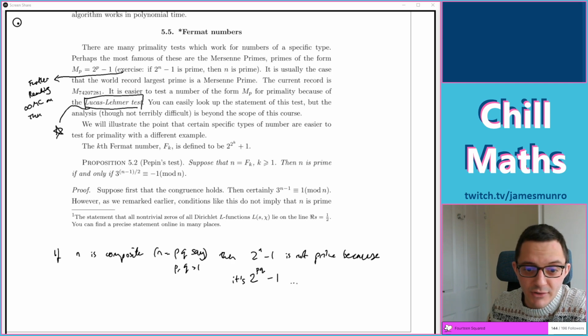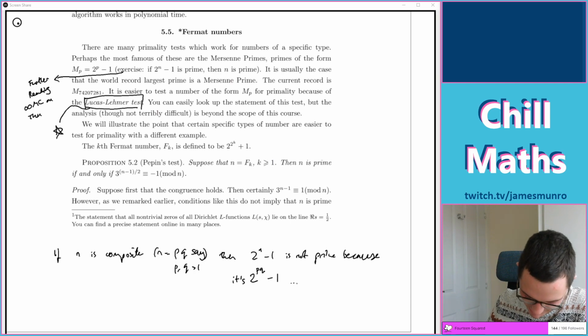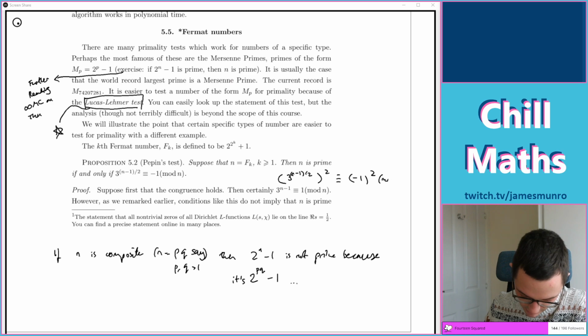Right, okay. So something called Pepin's test. Not sure. We're going to call that Fermat number n. n is prime if and only if, and then there's some mad thing to check: 3 to the power of (n minus 1)/2 is minus 1 mod n, which is quite a lot. Okay. So let's try and play along as this goes. The first time reading through, we try and play along with as much of it as you can. So it says here that if this is true, then certainly 3 to the n minus 1 would be equivalent to 1 mod n. I guess that's just sort of squaring each side.